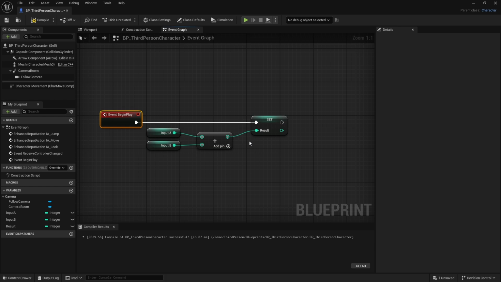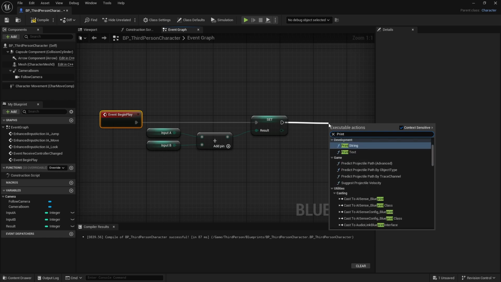As soon as the game starts, Unreal Engine will run the add node and store the total of the two added numbers in the result variable, which is great, but we still can't actually see the result, so let's fix that. And we're going to do that by using the print string node, just like we have in other videos. So go ahead and drag from the execution pin on the set result node and search for a print string,